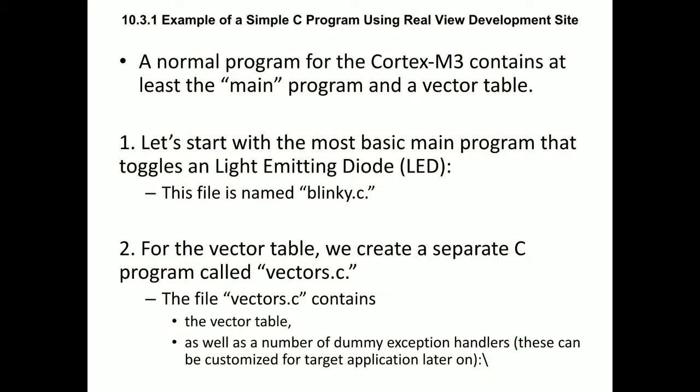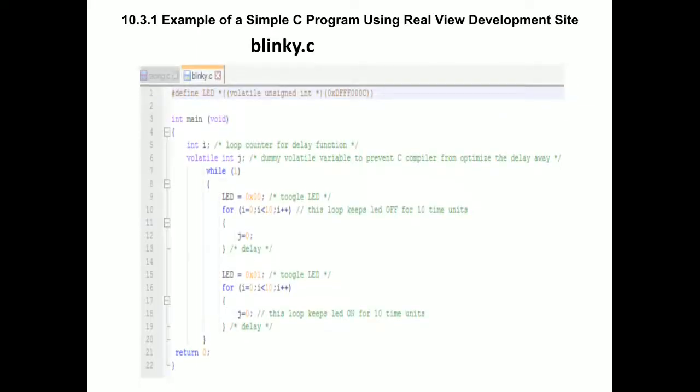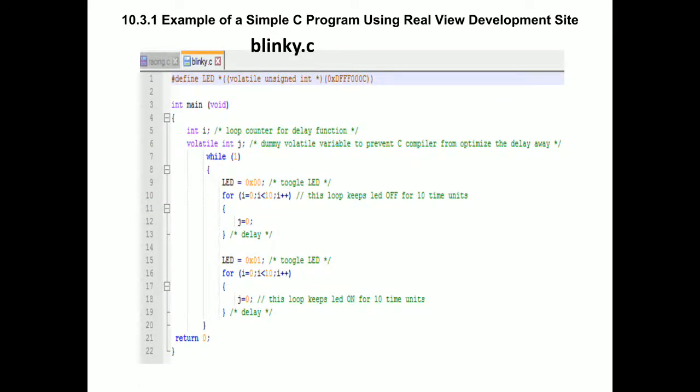Let's start with the blinking of the LED. We'll name the file blinky.c. To map to the memory we'll write another program called vectors.c. This is the programming of blinky.c. Blinking means LED on, LED off, LED on, LED off. LED off means the value given to the LED should be 0, and LED on means the value is 1. Logic low means 0, logic high means 1, right? Similarly, to glow the LED we should give value 1 to that variable, and to turn off the LED we should give value 0 to the variable.